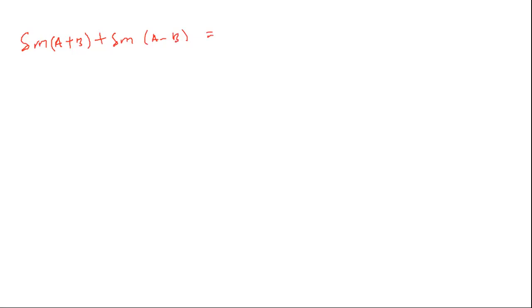We get cos A sine B, and then plus sine A cos B. So sine A cos B plus cos A sine B. Then this we are adding it to the same thing when we have changed the sign. So sine A cos B minus cos A